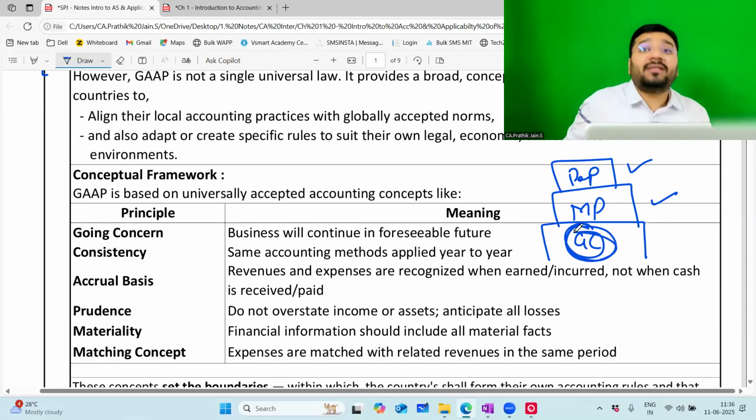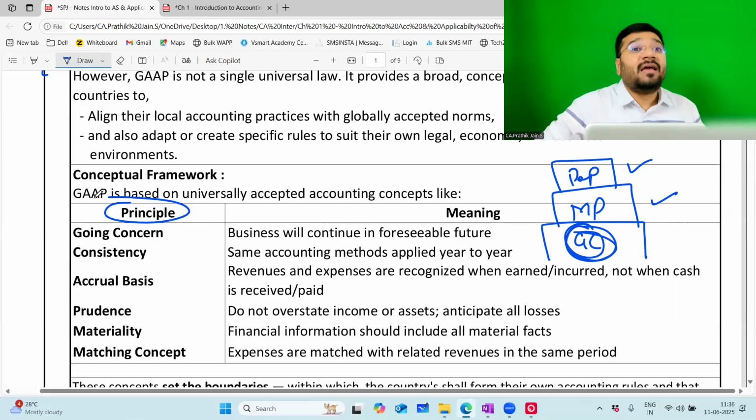So who gave this going concern assumption? GAAP. So GAAP gave an outline circle. Within that, we try to frame our own rules and regulations. Are you able to follow? So the principles and the fundamental assumptions were laid down in the GAAP. The members of GAAP constitute multiple experts across the globe. They come and sit together, discuss the best accounting principles which we can follow. What is the best practice that we can follow? They come and give their own suggestions.